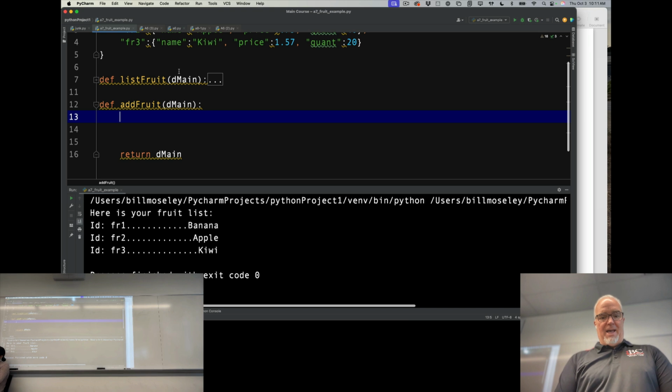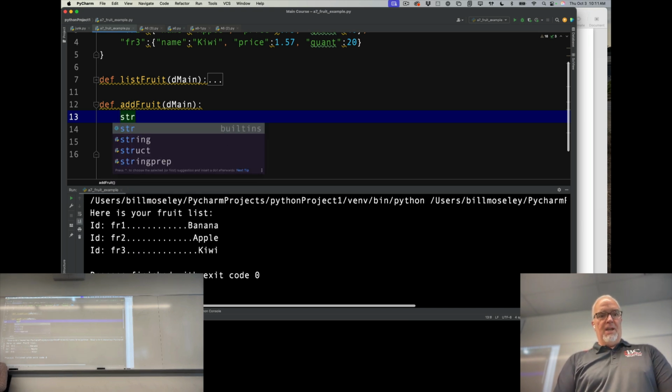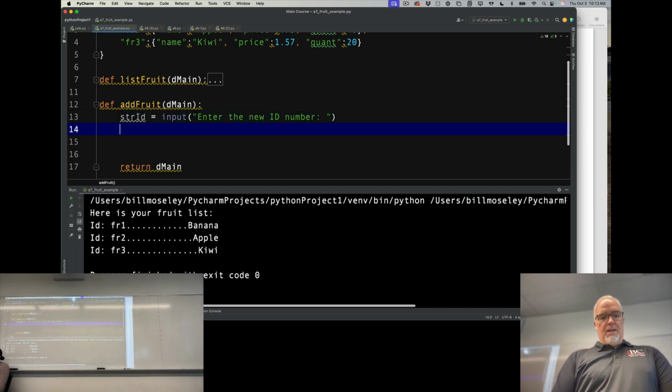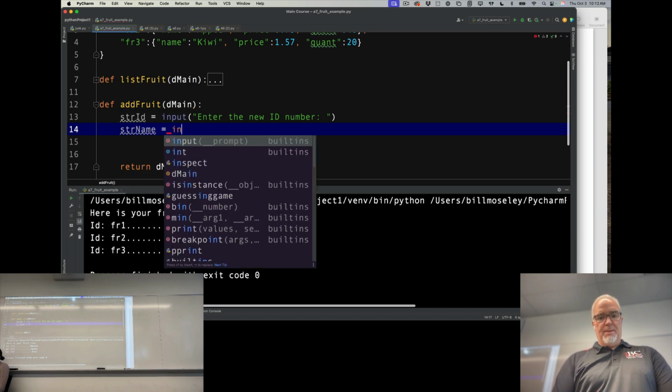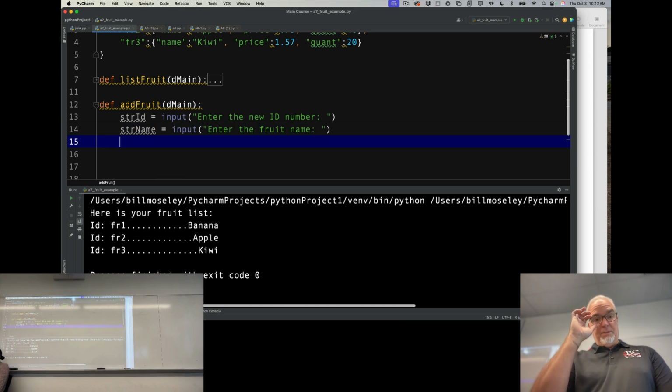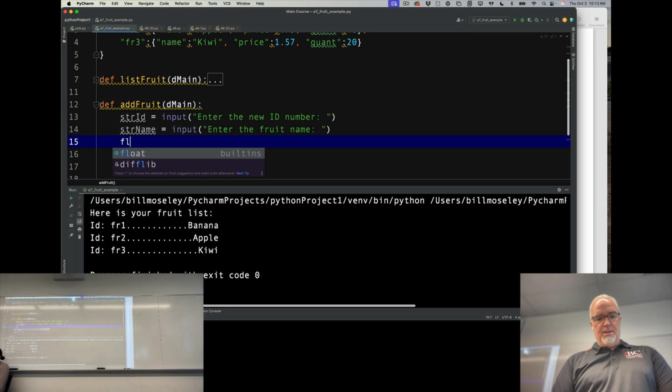So let's add that. Okay, so the ID number is going to be a string: str_id equals input, enter the new ID number. Then we've got another string for the name, input, enter the fruit name. Next up, the price is a float. So I'm going to say fl_price equals input,